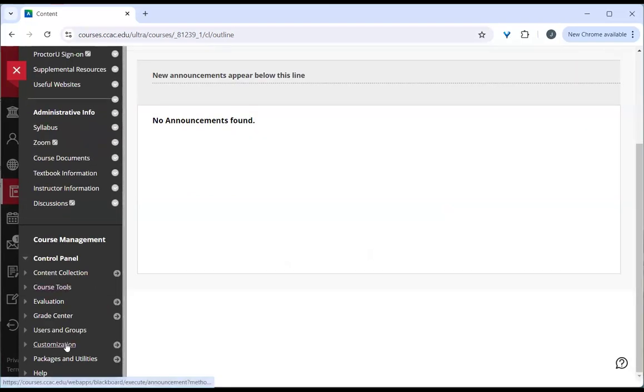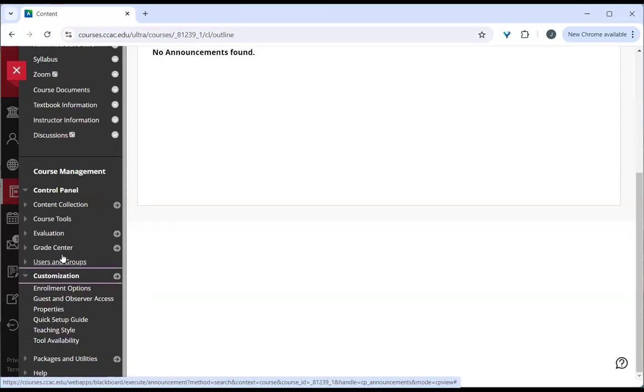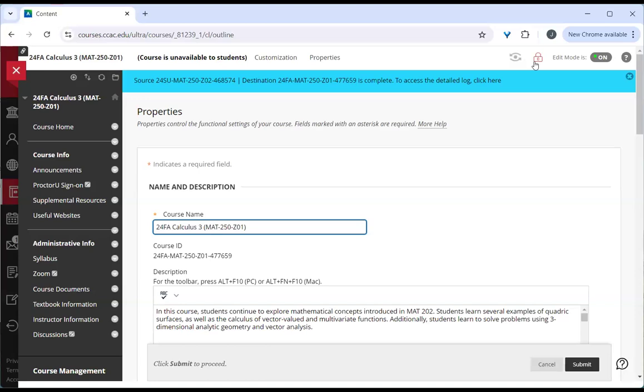The other big thing in Blackboard is when do we make the course available to students? And under customization, if you go to properties, we can see up here with this padlock that it's locked. You can just click it and it supposedly makes it available, but the problem is that they've set the settings very strangely. I'm not sure why, but the default is that it only becomes available the day that the class starts. And I think most of us like to reach out to students a little bit ahead of time because otherwise we get a bunch of emails from students, maybe Thursday or Friday or Saturday before the class starts